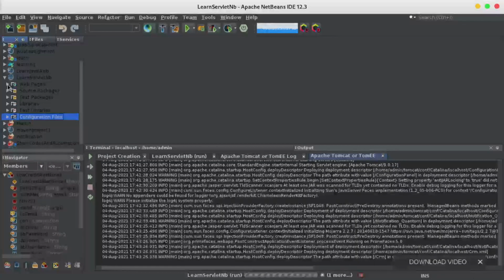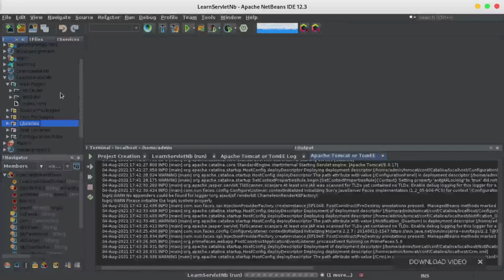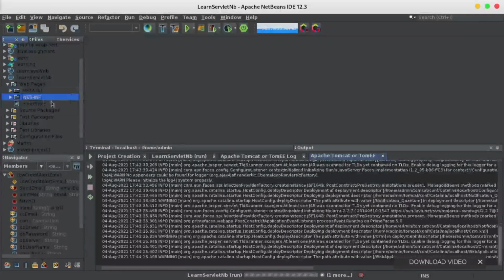So of our interest, we'll be dealing so much with web pages and the source packages folder. And if maybe we are not using Maven, you will also be dealing with the library folder, because this is where you add your JAR libraries, that is Java Archive libraries. Okay, so you can expand our web pages and see what we have. You can see inside web pages we have several folders. We have the META-INF folder and the WEB-INF folder,